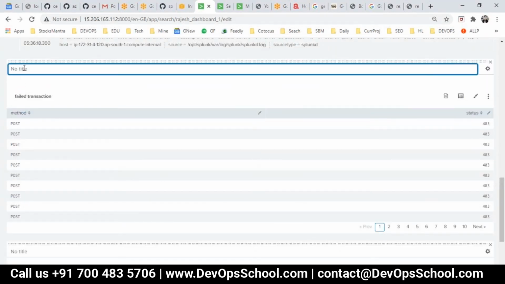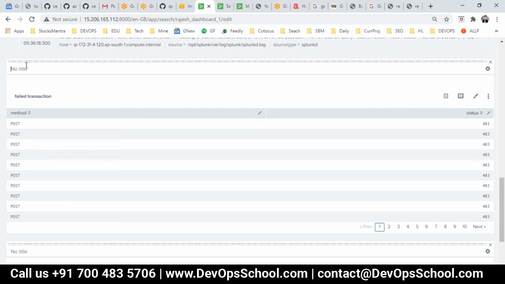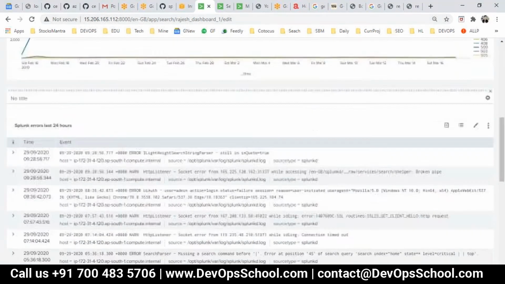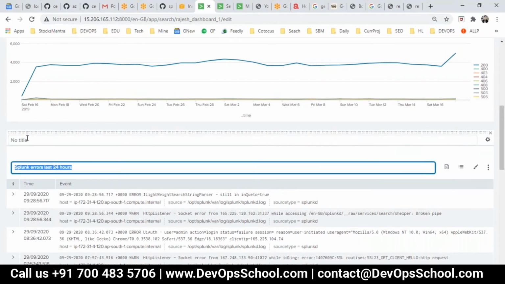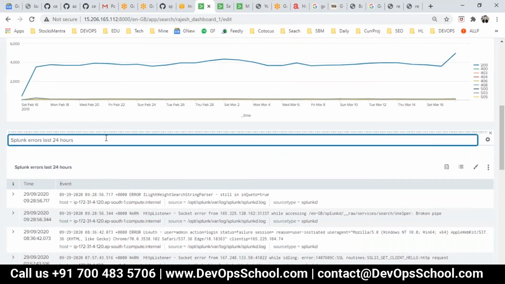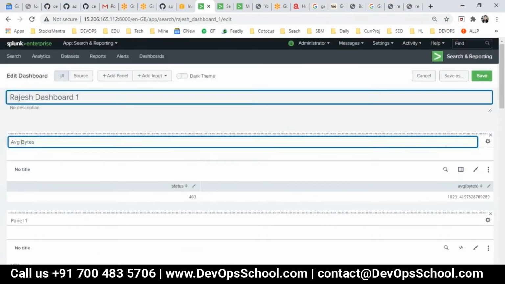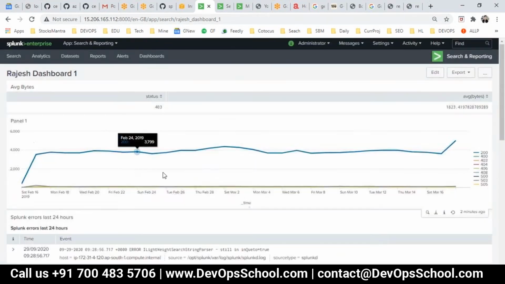I want it in the new title. So here failed transactions, here Splunk title, all this filling up the data which is not filled right now. Save it. Now what I want is